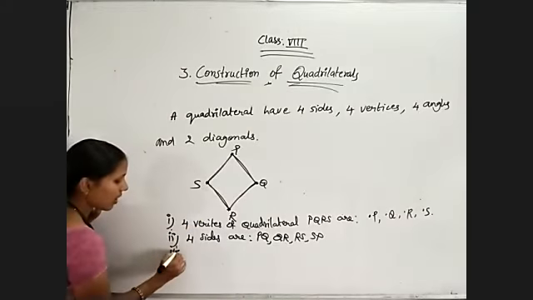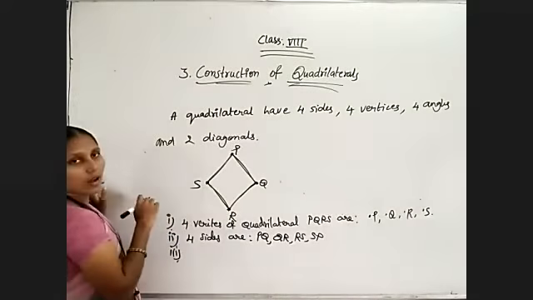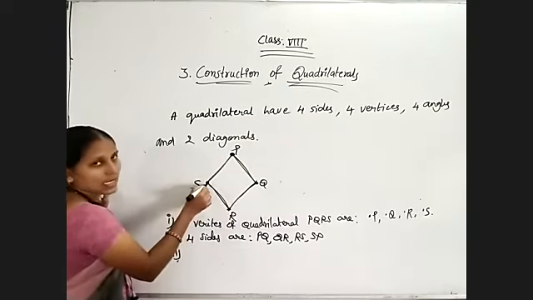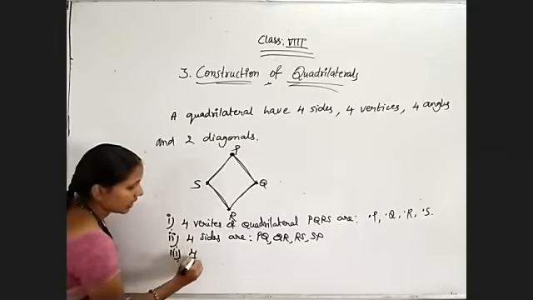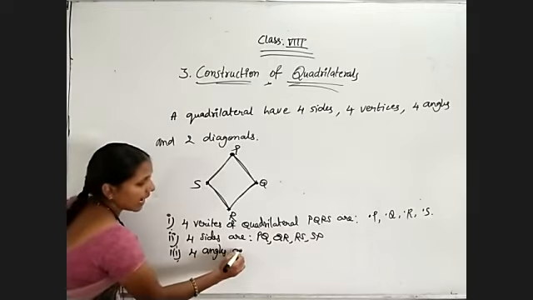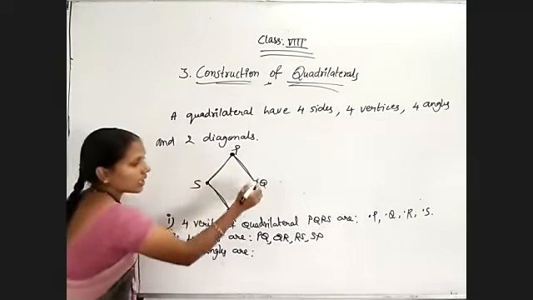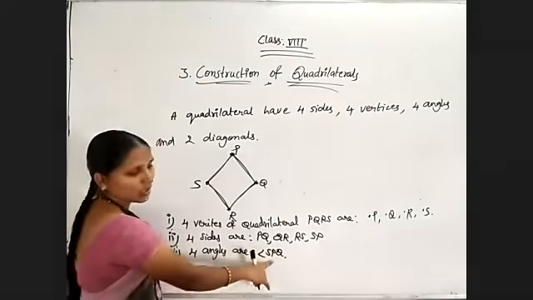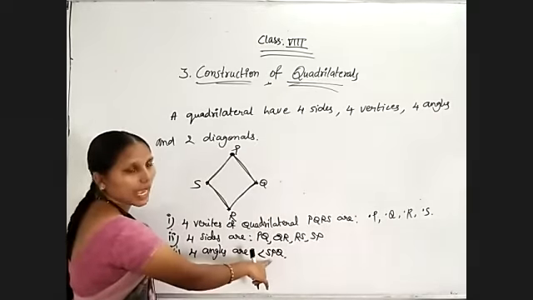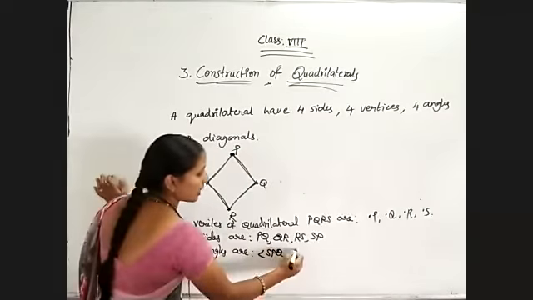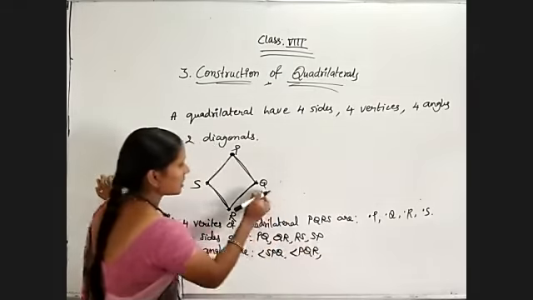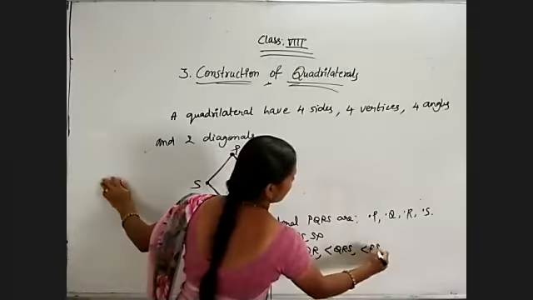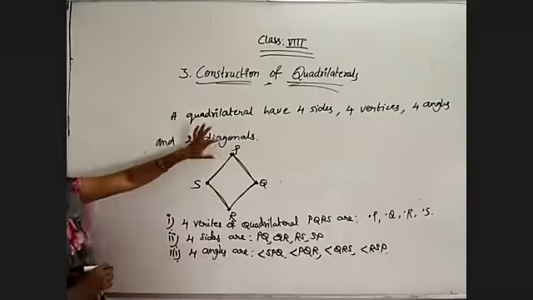And for this quadrilateral, what are the four angles? Angle P, angle Q, angle R, angle S simply. But we have some notation for angles: angle SPQ or angle QPS. Anyway, we can write it; the middle letter indicates the angle. So here P is in the middle, which means this angle is angle P. Now PQR, angle PQR. Next QRS. And angle RSP.